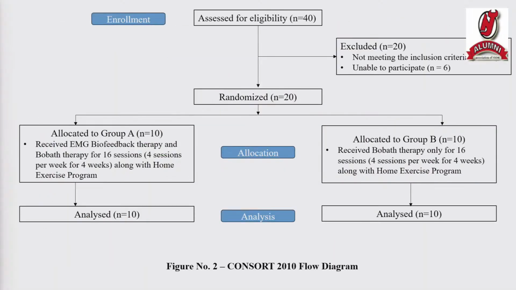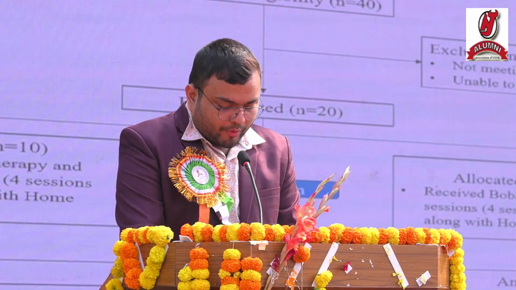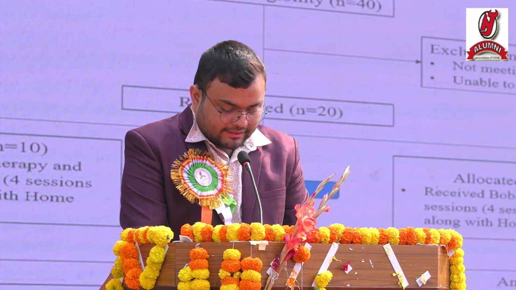So the patients who were assessed for eligibility was 40. Out of that, 20 patients were excluded and 20 patients were randomized. So out of the 20 patients, 10 patients were allocated in group A and the other were allocated in group B. So group A received EMG biofeedback therapy and Bobath therapy for 16 sessions, that is 4 sessions per week